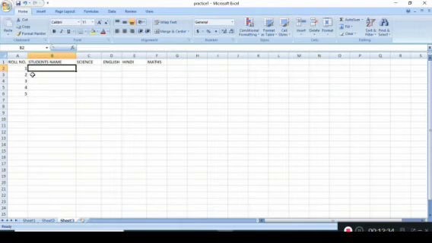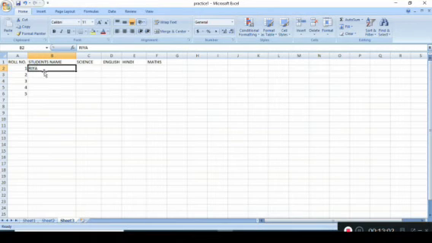Now what will the position be when we write an alphabet, word or sentence? Let's see. I'm writing a student name like Riya. Right after writing it, you have to press Enter. Enter means that you have completed whatever you are writing in that particular cell.